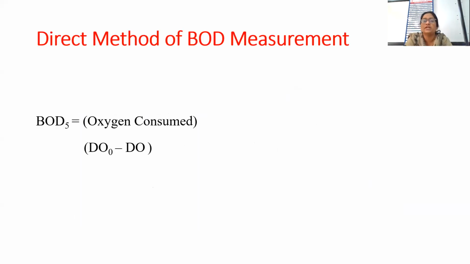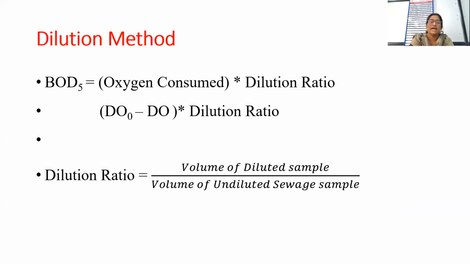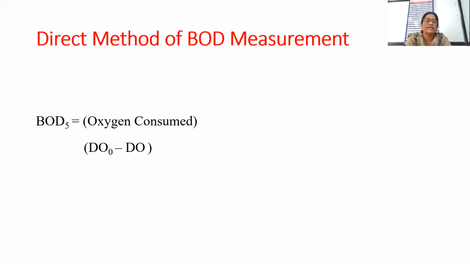Now there are two methods to determine the BOD. The first method is known as the direct method and the second method is known as the dilution method. So what is meant by the direct method? Simply the way I told you just now, note down the dissolved oxygen level in the first bottle, the DO on the 0th day. Here I have not written 5. So please correct that formula here. It should be written 5.